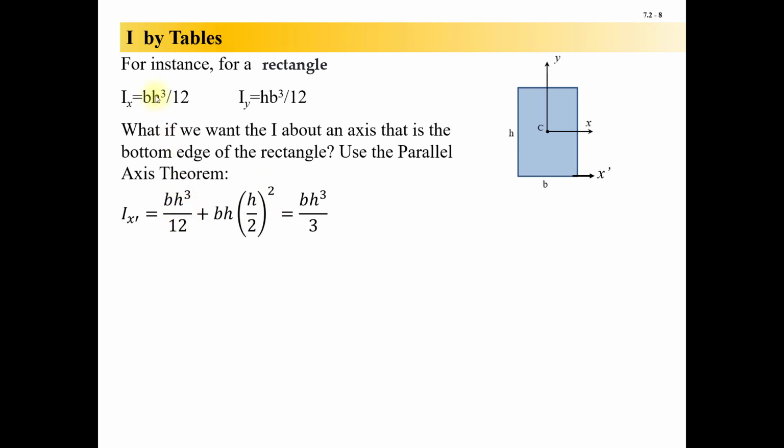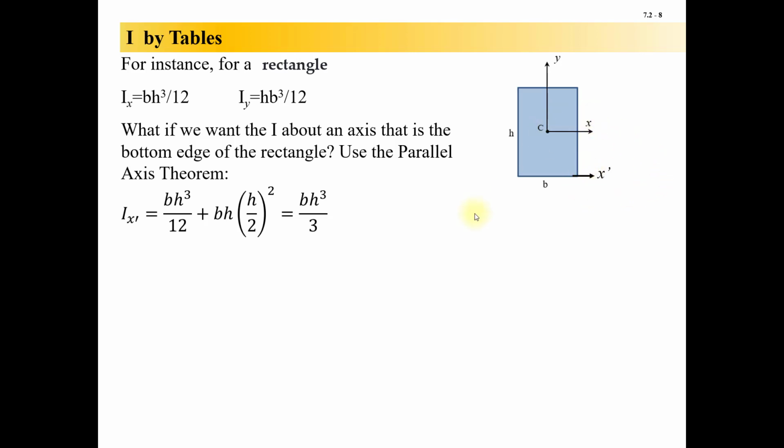So this first term, bh cubed over 12, is this one. That's from a table. This is one that I'm adding manually. The area times the distance between the two axes squared. Once I do the math and simplify my fraction, I get bh cubed over 3. Now, a lot of manuals and reference tables will actually show this one as well, this bh cubed over 3. It's especially important for rectangles and squares because we will use that when we get into the integration version, because we'll use a rectangular element,